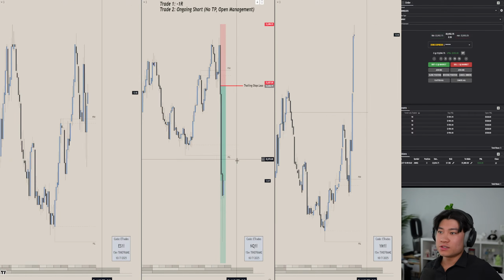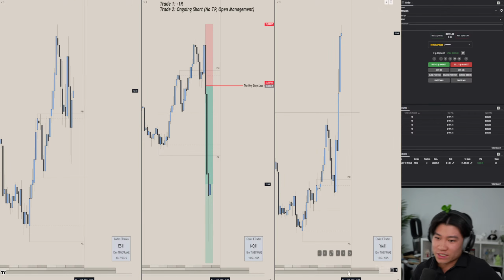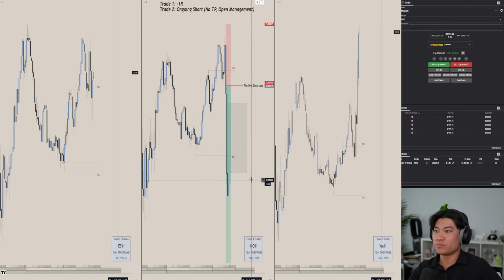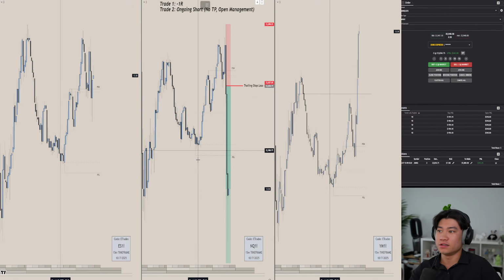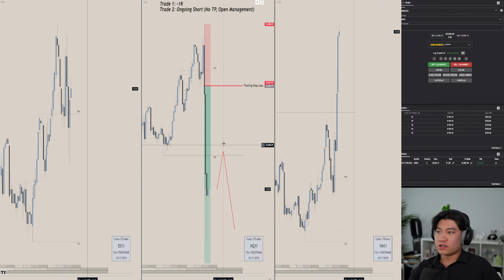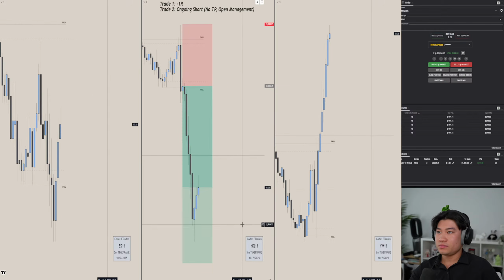I think, to be honest, with this massive displacement and this fair value gap here, it should be okay. I'm going to be paying attention to London low. If price trades back into London low, I'm just going to watch. Are we able to get rejection lower? And then that's going to allow me to trail my stop loss lower. So either way, it's a win-win situation for me if we get that.